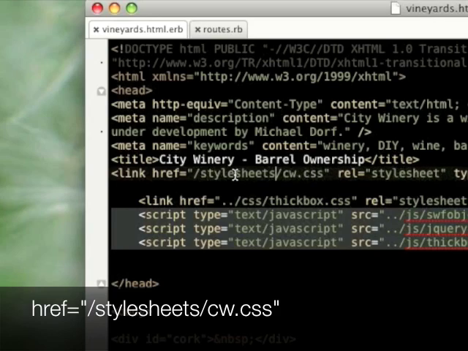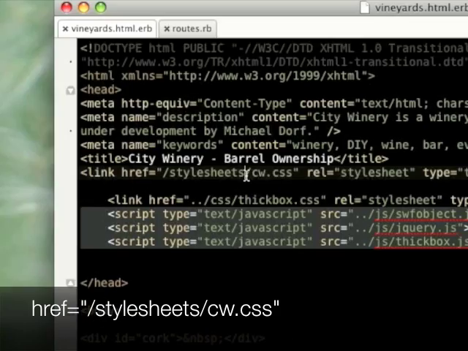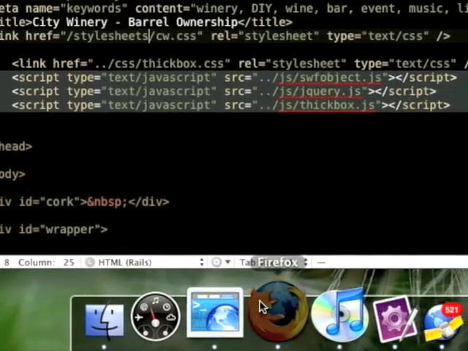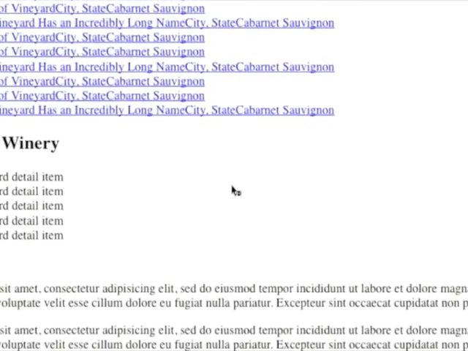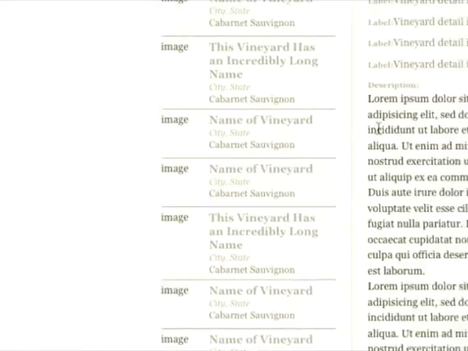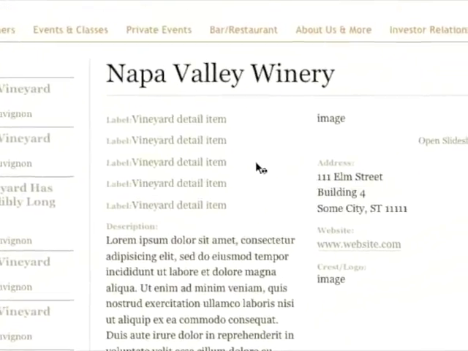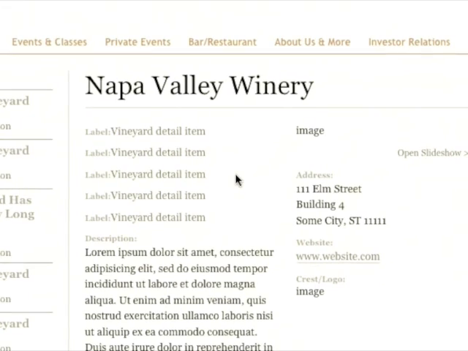Now go back and do a refresh. Boom, the style's now applied, and you can do the exact same thing with the images and the JavaScripts. So that's pretty much it. I'll attach notes for all this